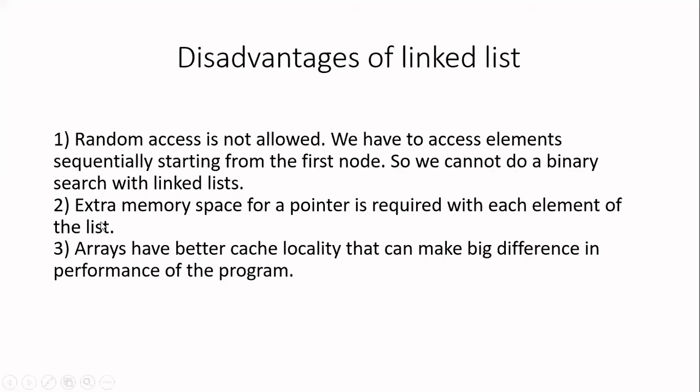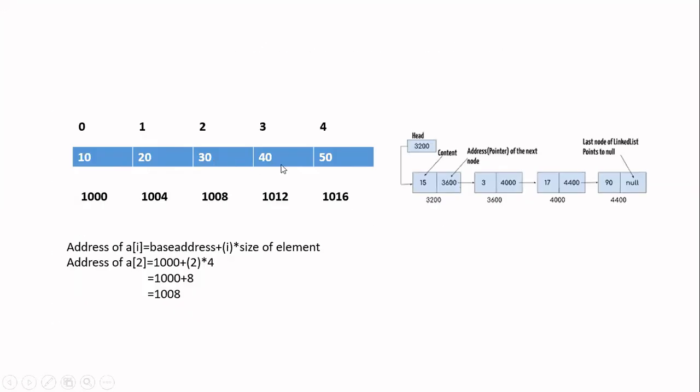Now, another thing is regarding the memory space. There are totally 5 elements. Every element is going to occupy 4 bytes. So totally 20, starting from 1000 up to 1019, 20 memory locations will be allocated for this array. The same elements I am going to store by means of a linked list. In case of a linked list, here I have shown only 4 elements. Let us consider 4 here also. If it is 4 in the array implementation, I'll go for 16 memory locations.